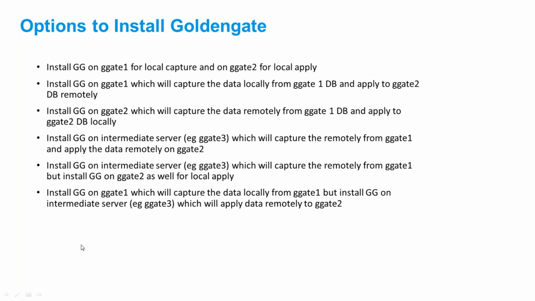Some of you may say, Ashish, why do we need to use a third server? Can't we utilize the same Golden Gate? Yes, you can definitely do that, but it might be possible that the ggate1 database or server is in a different unit of the organization. One unit's server may not be accessible to another unit, right? So that's why you want to use Golden Gate on one server, but for the intermediate server you have set it up for ggate2. So there are different possibilities. You have to design the architecture.